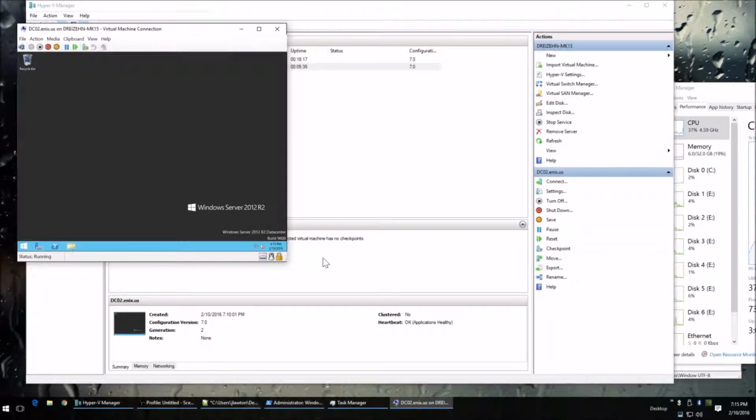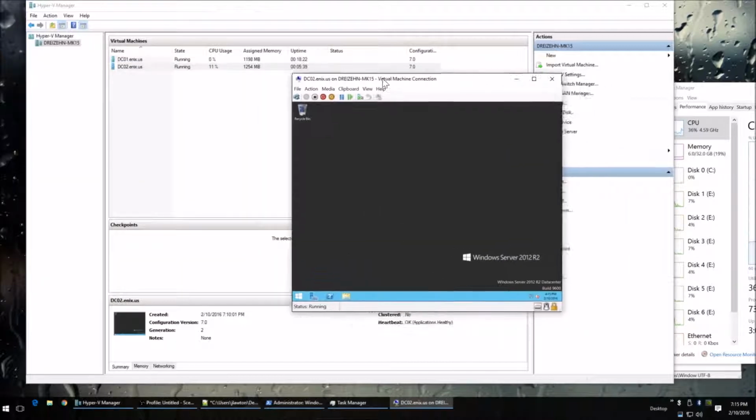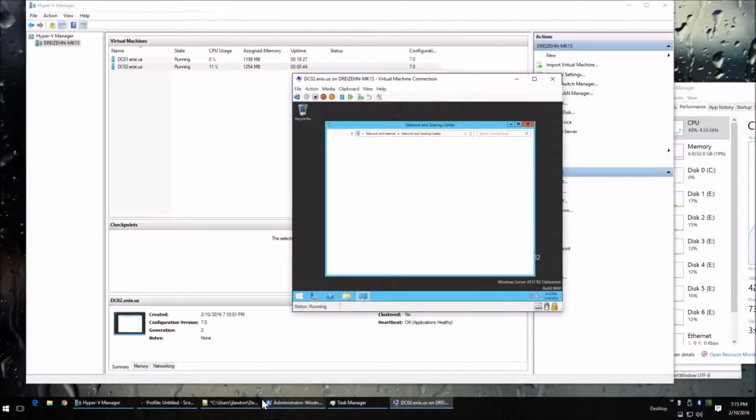Welcome to my guide for installing a secondary domain controller for an existing domain. So we're going to start by setting the static IP address,